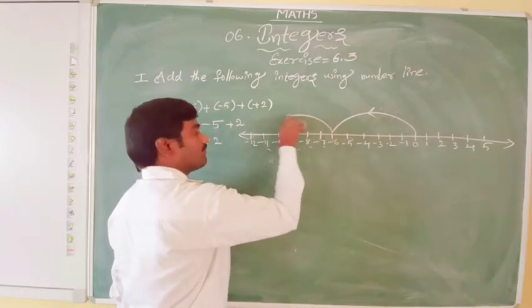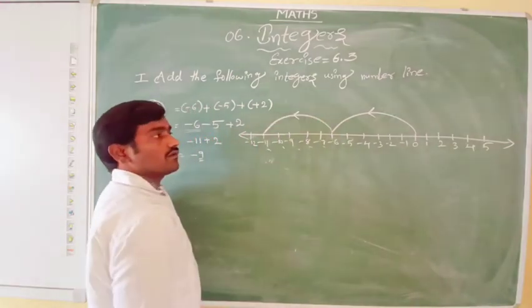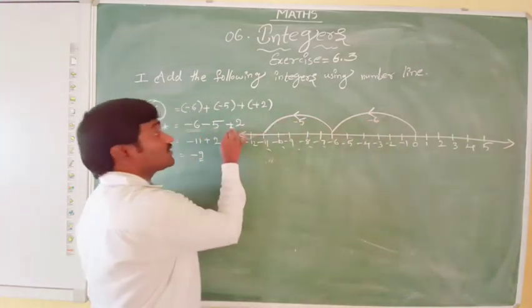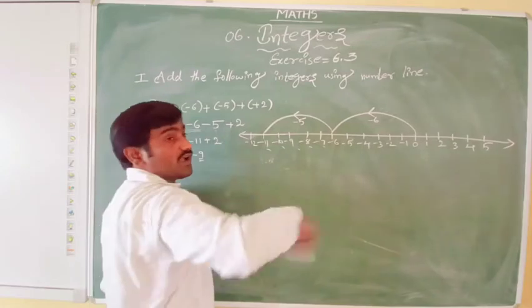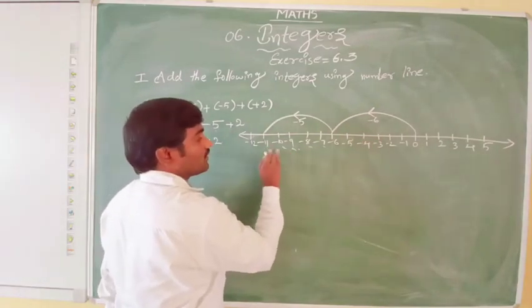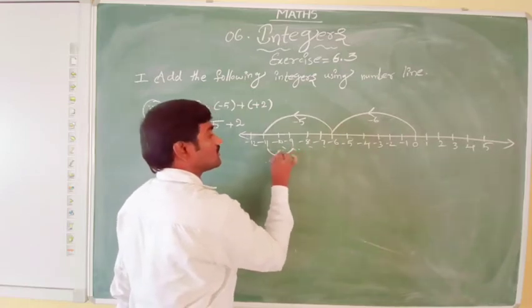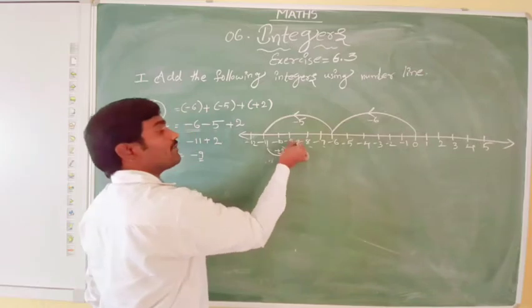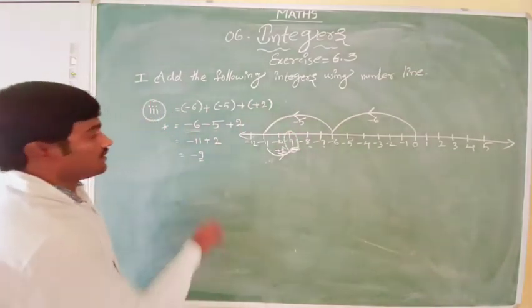Let's come to the level. As we know, it is minus 6. It is minus 5 steps. Next to plus 2, in the sense we have to move right side. How many steps? 2 steps. 1 and 2. Here till 9 I have to go 1 step and 2 steps. Here plus 2. Where are we starting now? At minus 9. That is our answer.